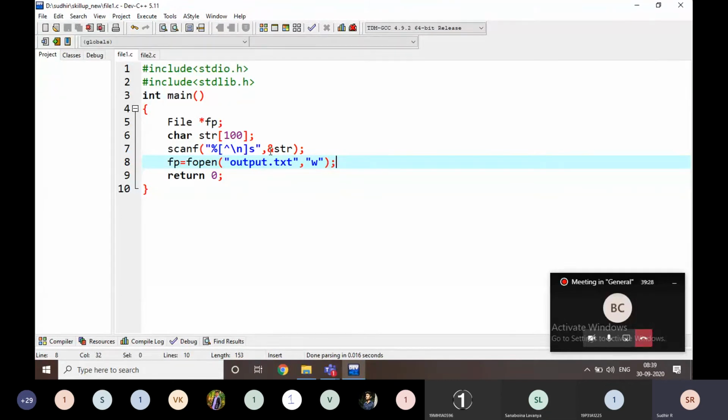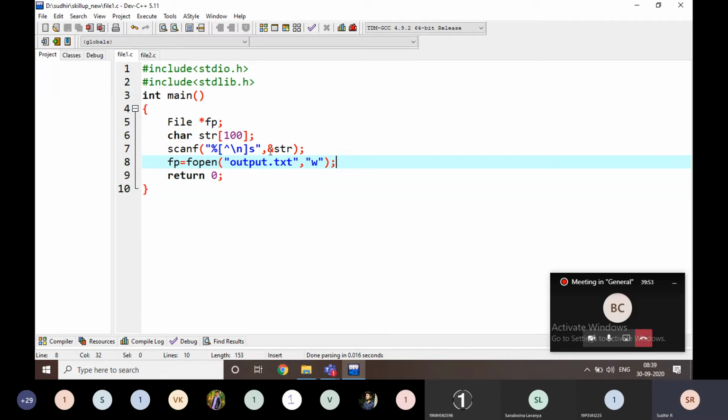In read mode, if the file is found, it is going to read the data. If the file is not found, we give a message using that file pointer: file not found.